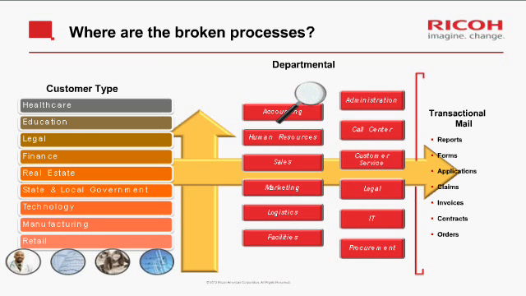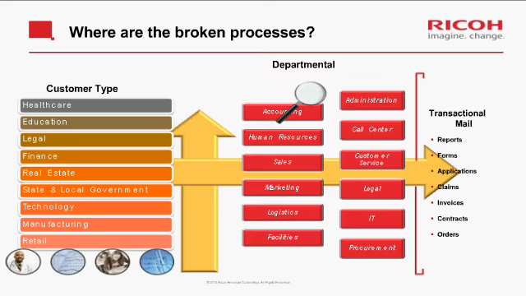Like I said, human resources, here's a good example. In the mailroom, they may be getting transactional information that's coming in through the mailroom. We're able to capture that information, move it to the department electronically, give them the ability to do approvals, review, and not have to wait on a physical piece of mail. So this is really where we're going to focus. And so we focus on the department, and then we move to the next step, which is what transactional mail is